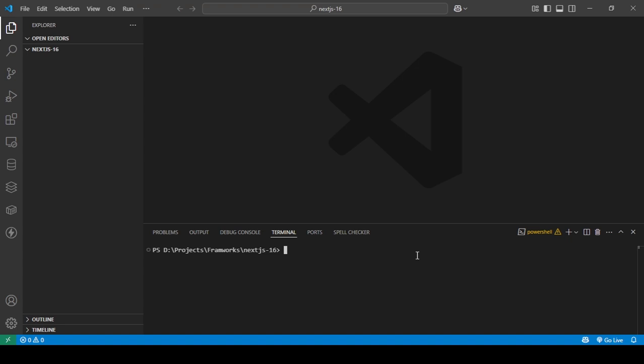Okay, so the stable version of Next.js 16 has released, so I'm going to show you how to do that. So let's get started. To install Next.js 16, just type in the command